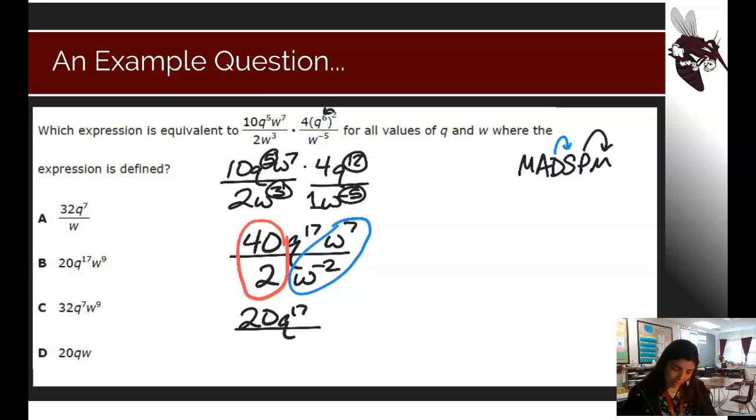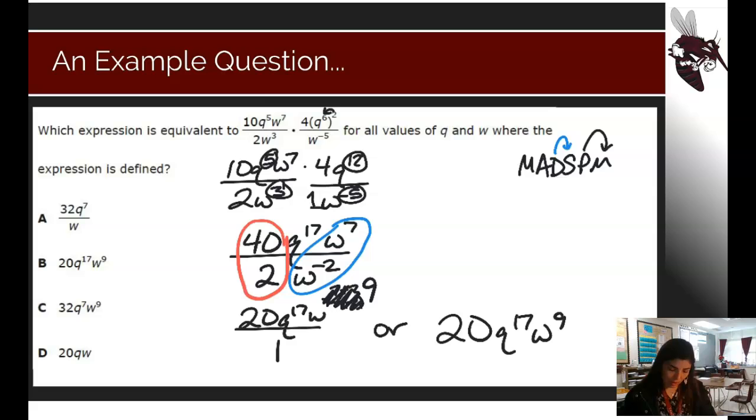So this is going to be w to the 7 minus negative 2. 7 minus negative 2 is really like saying 7 plus 2. So this is just w to the 9th. There's nothing in my denominator, so I could put a 1 there, or I could just write this simply as 20q to the 17th w to the 9th power, which is